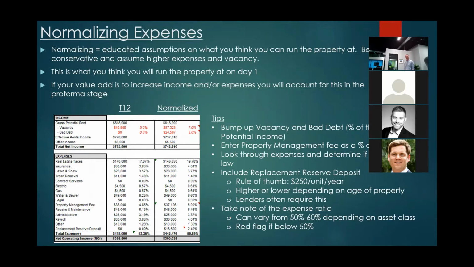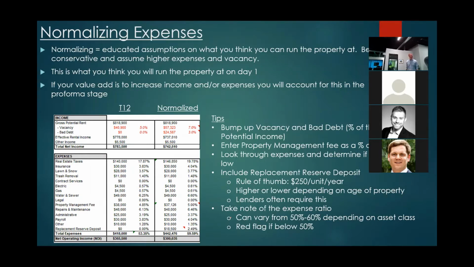Most of the time when you see a T12, they're really pushing the numbers, and that's the best. Usually when they sell it, they want that property at peak performance. So usually you don't want to assume you're going to run that property at peak performance throughout the whole year. Obviously there's scenarios where you could, but when you're coming in and normalizing it,